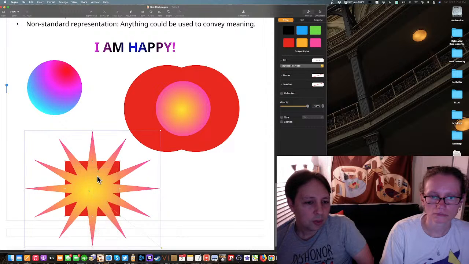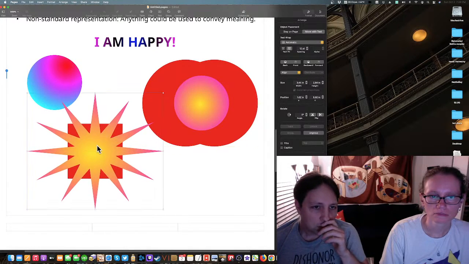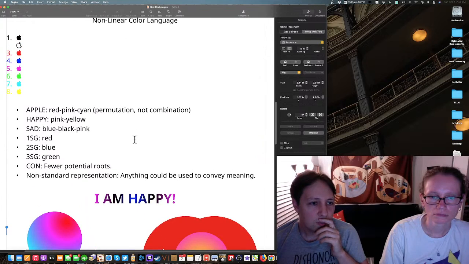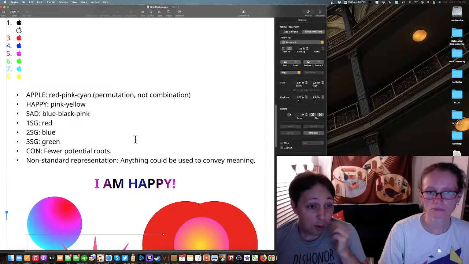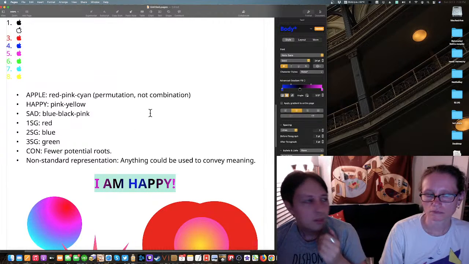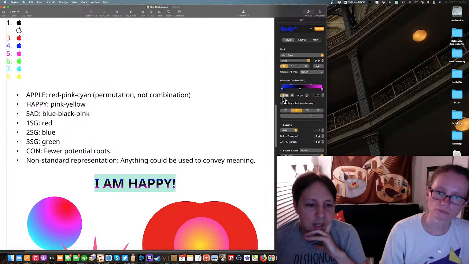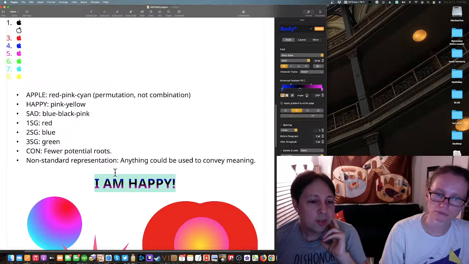So, I'm just grouping these to make it easier so they can move by themselves. This is just one option, but there are other options. For example, anytime you make some sort of a change, that change can be meaningful. Right now we were doing the kind of spiral radiant thing, but this is also a gradient. That could be a choice that means something, using one versus the other. There's also linearity here.